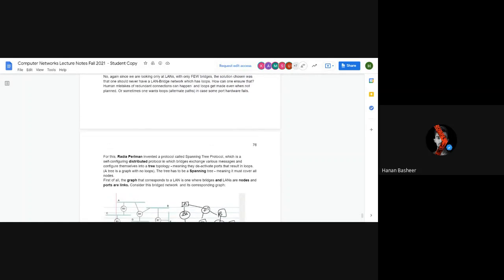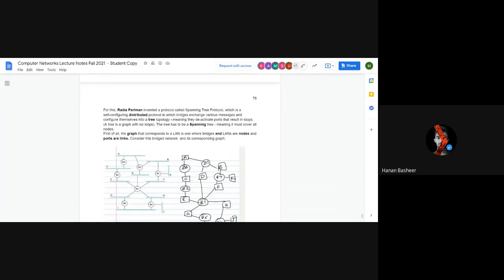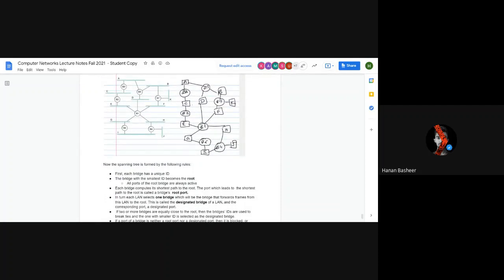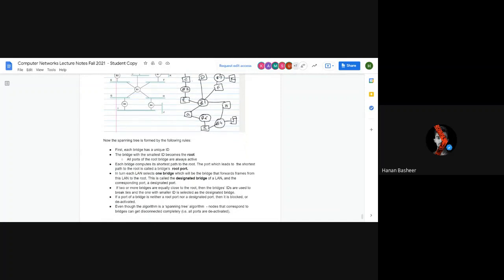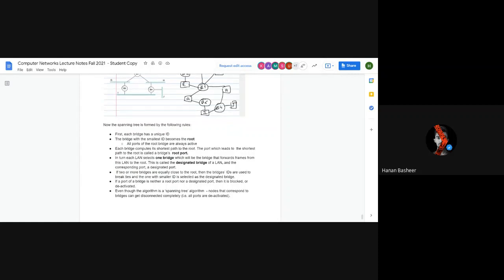Radia Perlman invented a protocol called the spanning tree protocol, where the smallest address transmitter will be allowed to transmit messages, and these messages will be transmitted on to other routers or switches. And once they receive them, they will disconnect all the looping possibilities. So the one which has the least address is called the root, from which transmission will occur.